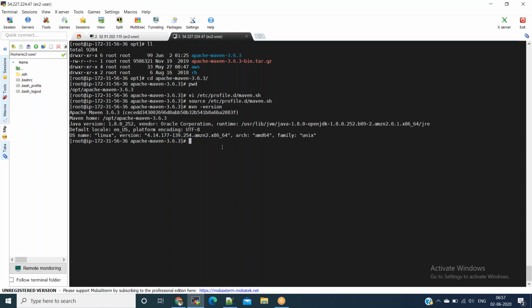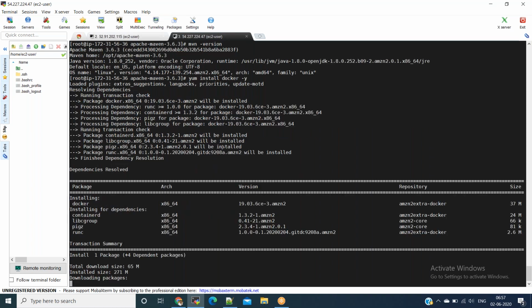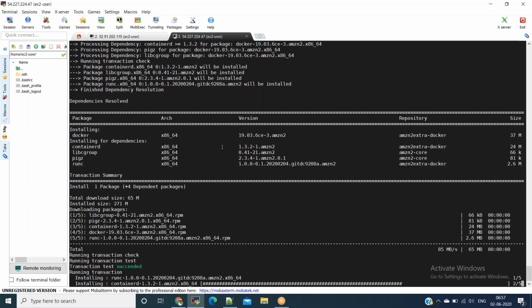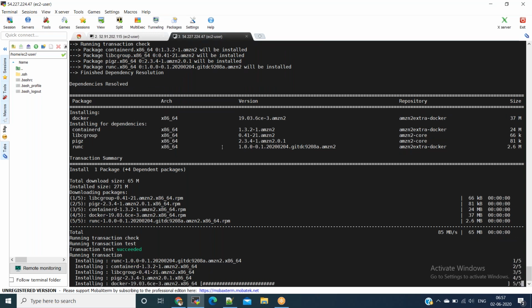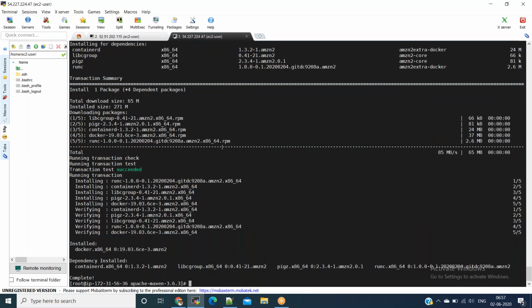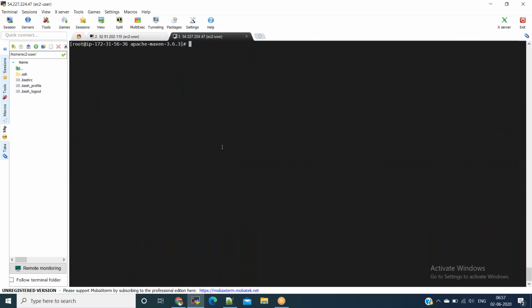Now we will clone the Spring Boot code and build the code, and we will build the Docker file and try to push it to the Docker private registry. For that, let us install Docker also here. yum install docker, and we need to configure Docker private insecure registry as well. Wherever you want to connect to a private Docker registry, if you have a secure registry, no need of this change. If you don't have a secure registry, you need to configure insecure registry.